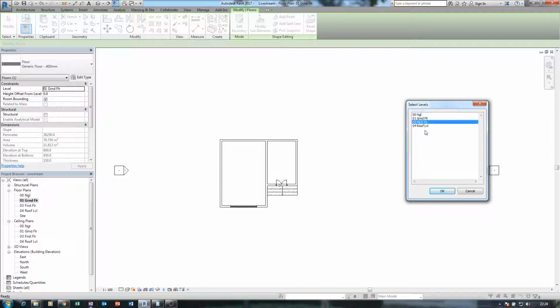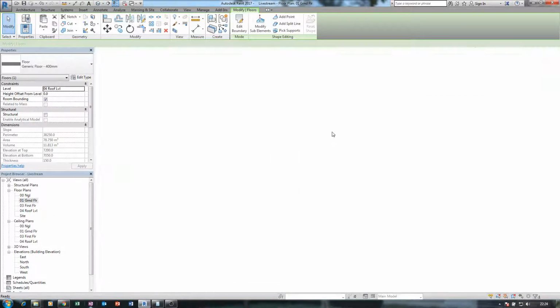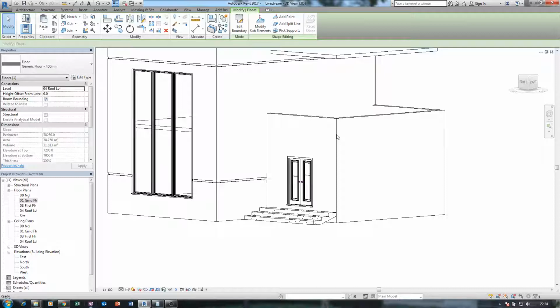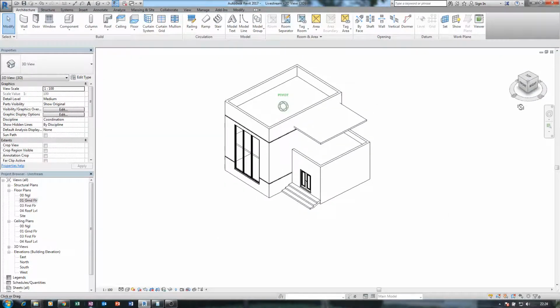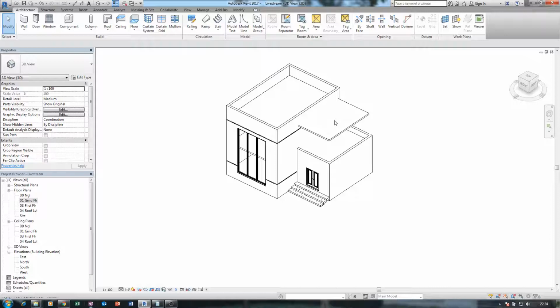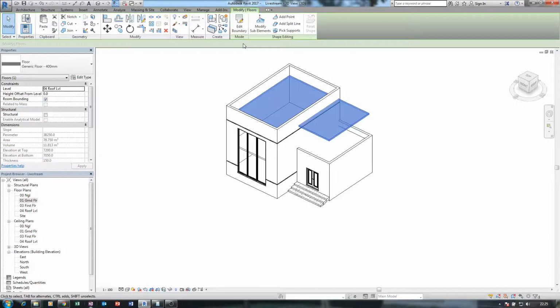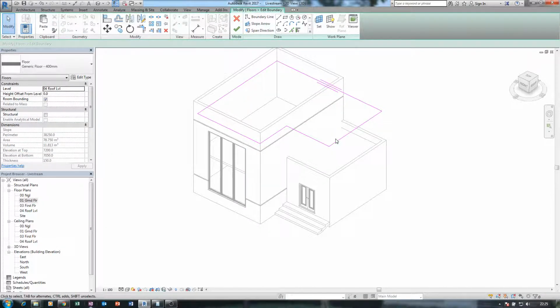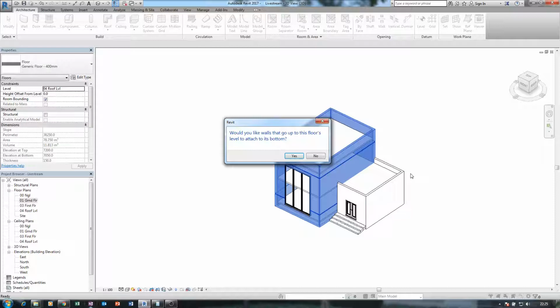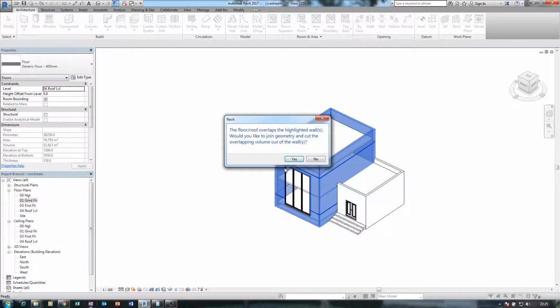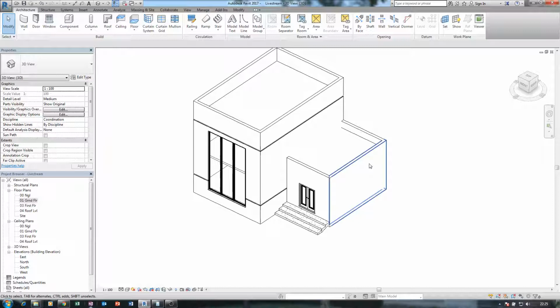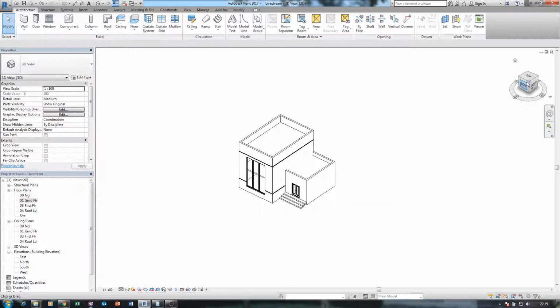I'm going to align it to actually both first floor and this other floor, but first floor seems to be okay. I just need to edit this roof level, and there we go. So we have something like this.